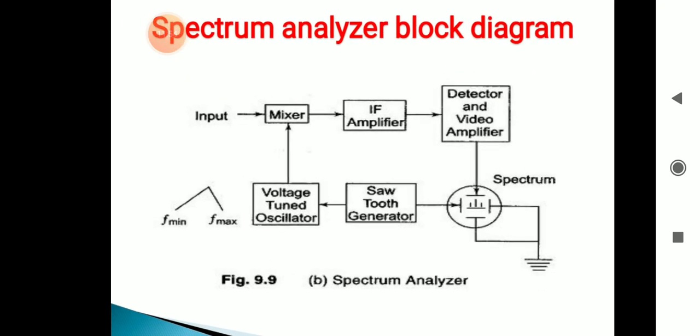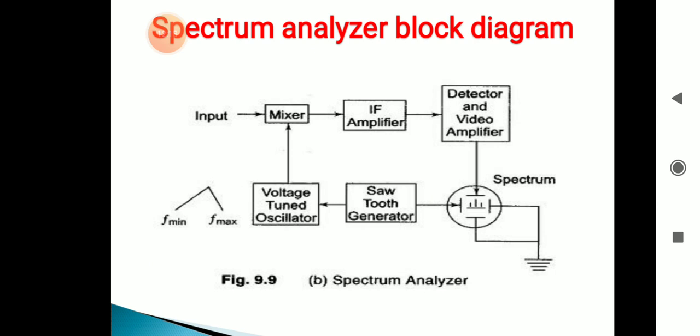In that second point, the time domain representation is as shown in the figure, but we have not taken the diagram here. An example of time domain representation is the CRO. Normally you can take one sine waveform, in which we have positive as well as negative half cycles. On the x-axis you can measure the time and on the y-axis you can measure the amplitude.